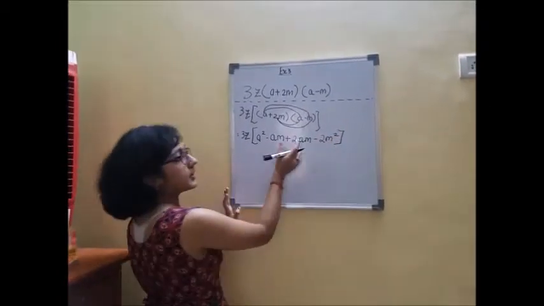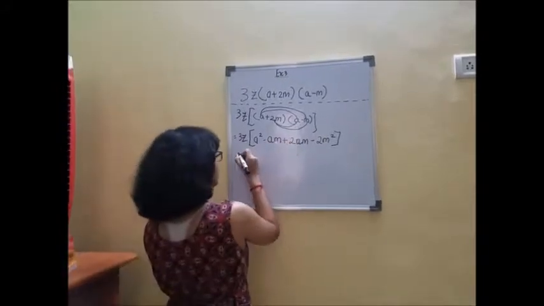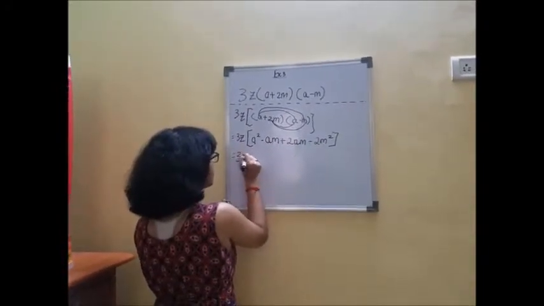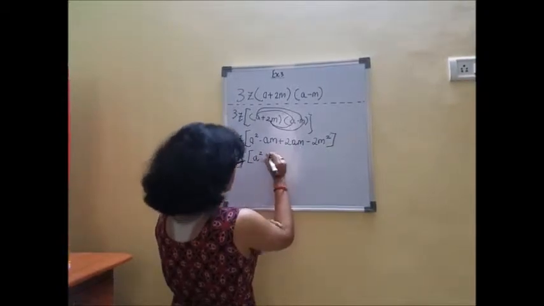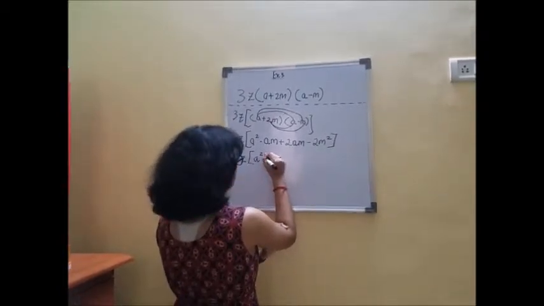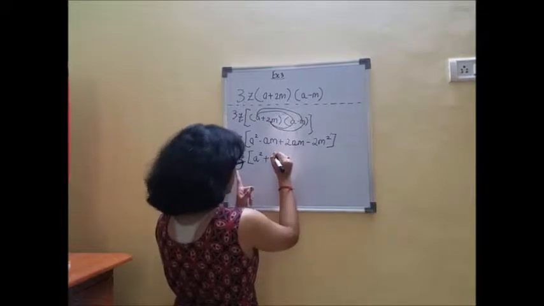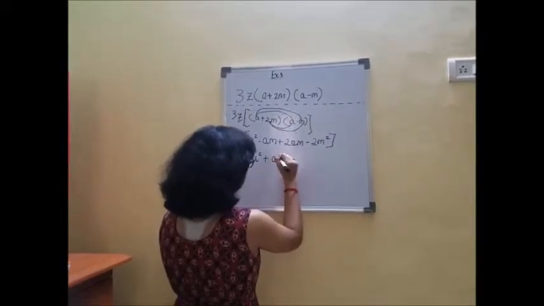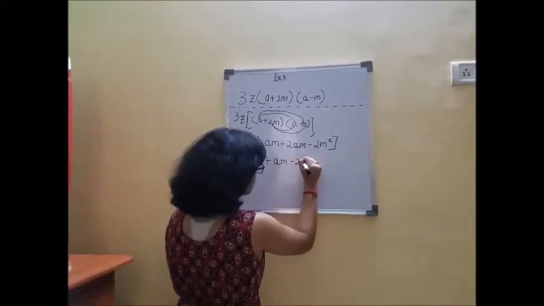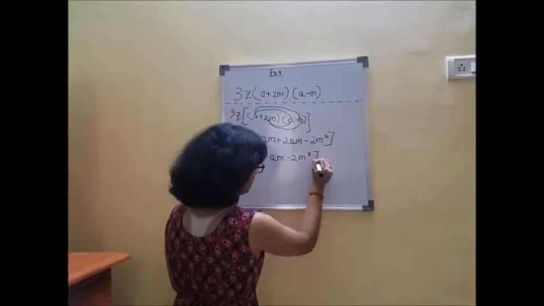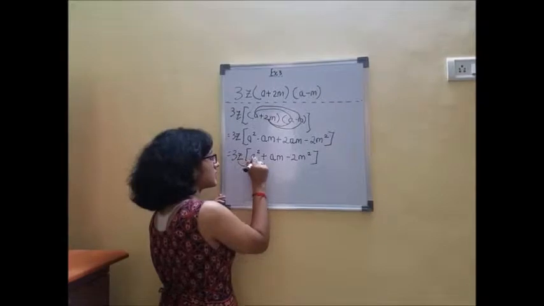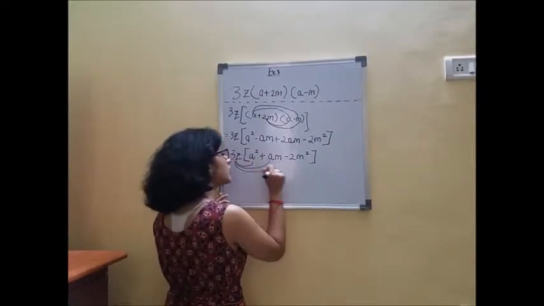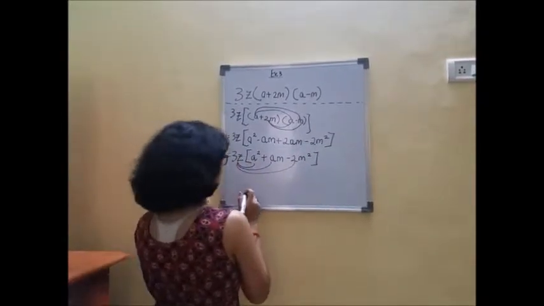Then we are going to simplify these two like terms to equal a squared plus 2am plus 1am, sorry, plus am minus 2m squared. So now we are going to distribute this to every single term here. It's going to equal